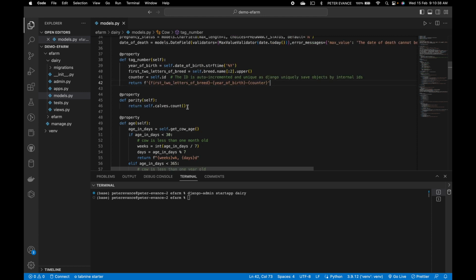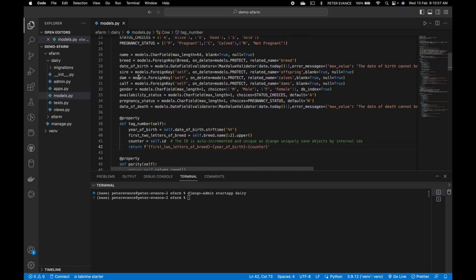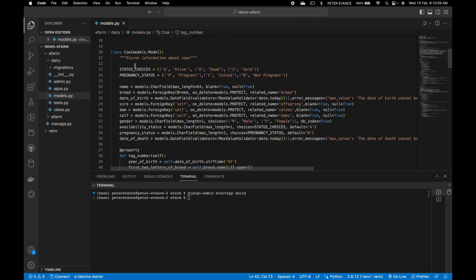Most cows give birth to only a single calf, and so counting the number of calves related to a cow will give the number of times a cow has given birth, and so that is the parity. And then we have the age property. The age property is a dynamic attribute that cannot be defined or saved at the moment that we're